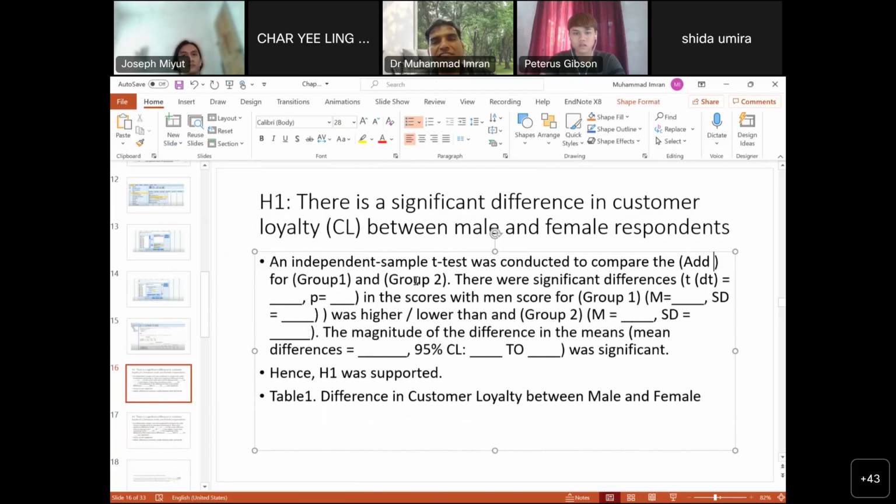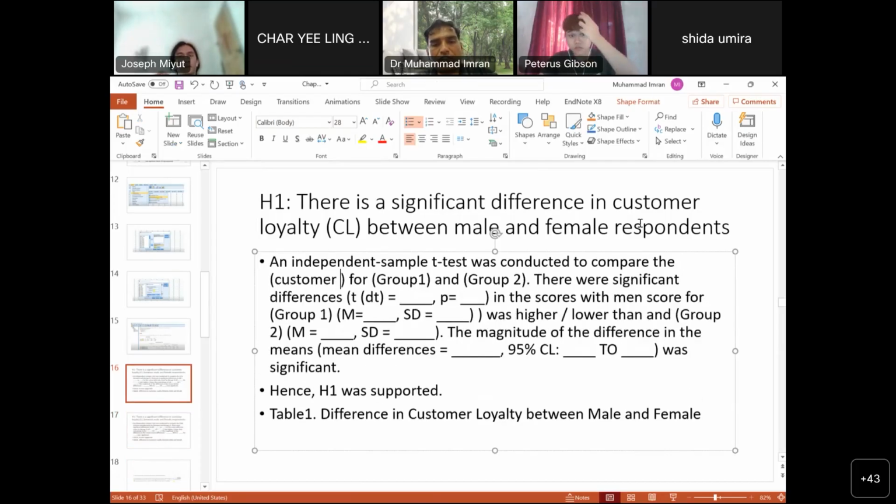This one is our variable, right? Customer loyalty. Okay, this is my variable, customer loyalty. Group one is male, group 2 is